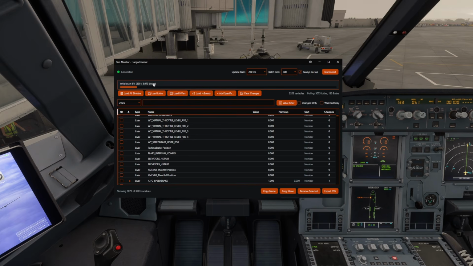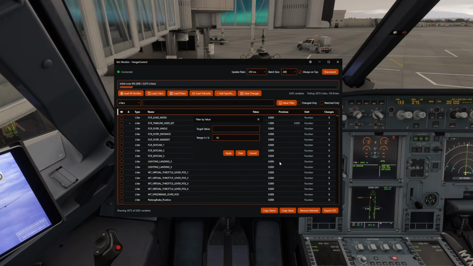Because if you go to search for anything until this hits 100%, you might look for a variable that isn't loaded yet. Okay, so just hang tight for a minute. Again, this is loading 3,000 variables, guys, so keep that in mind. So we're going to give that a minute to finish. Be right back. Okay, so now that that's complete,